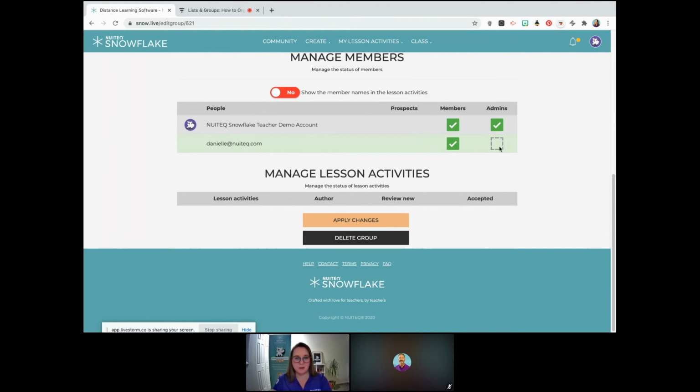Once they're marked as admin, they would be able to control what is added to the group. So if I'm using this as a collaborative space with my fellow teachers, I would want my teachers as admins, because then I know that the lessons they're creating, the content they're making, would be stuff that we could share across our grade level or across our subject area. I would just have them be able to easily put in those materials, those lesson activities. I wouldn't need to approve that. And then they could also play and edit from their own dashboard any of the lesson activities within